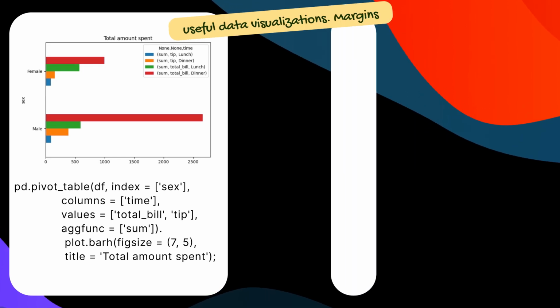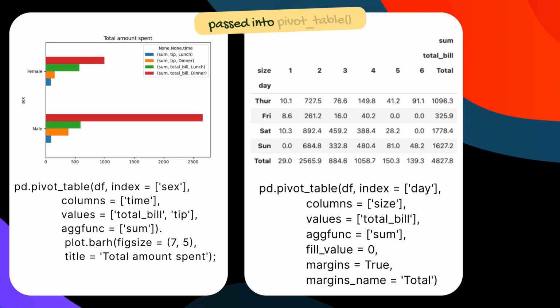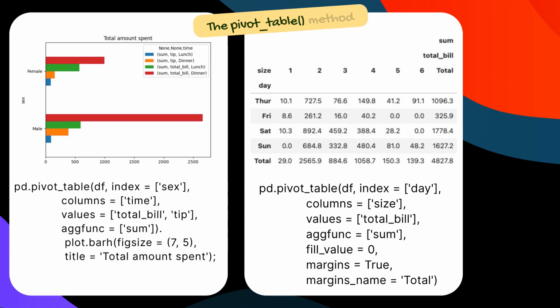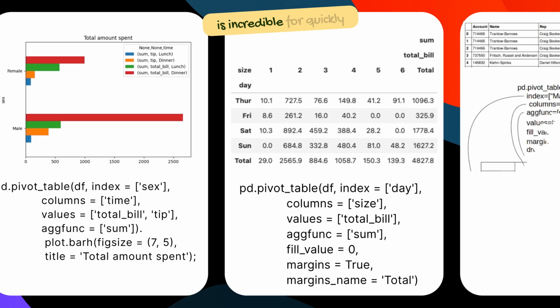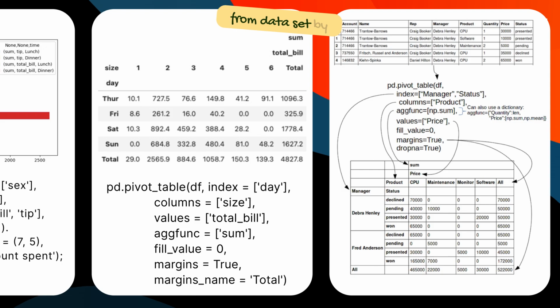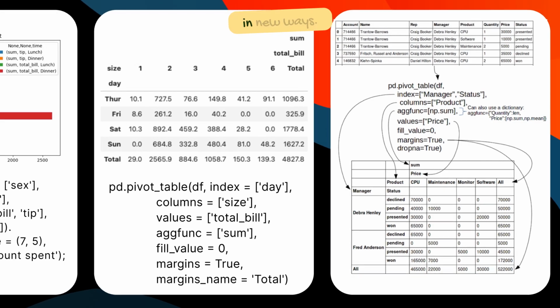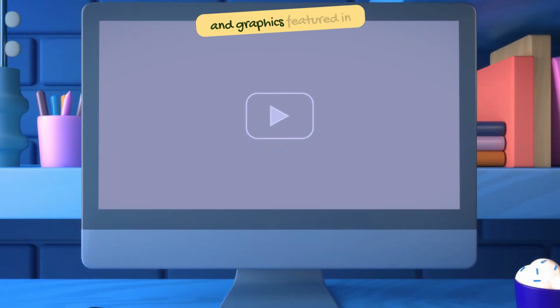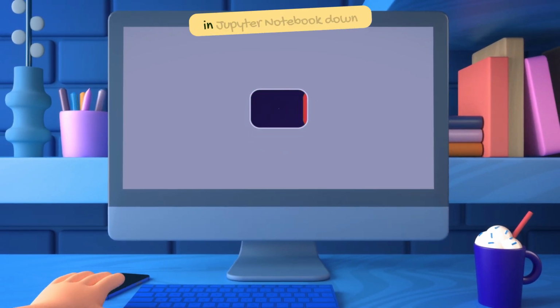visualizations. Margins and margins name arguments passed into the pivot table method will add totals to columns and rows under a specified name. The pivot table method is incredible for quickly summarizing and drawing conclusions from a data set by simply restructuring the data in new ways. All the code lines with the relevant examples and graphics featured in this video are available in the Jupyter Notebook down